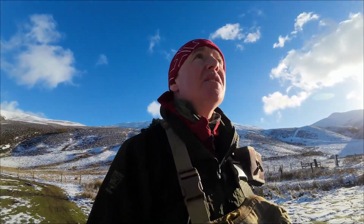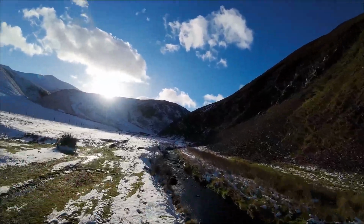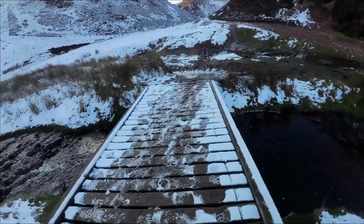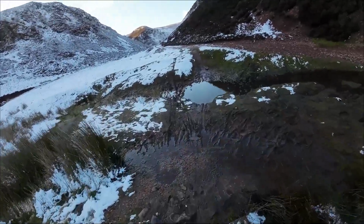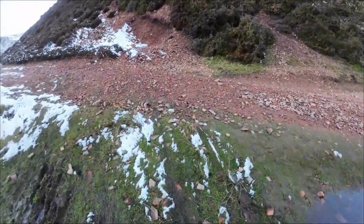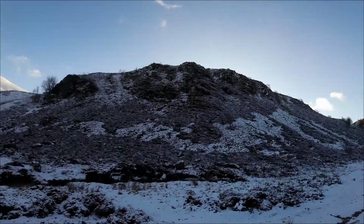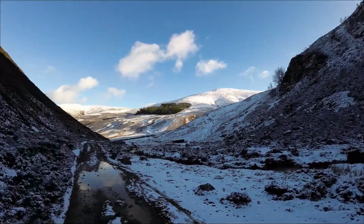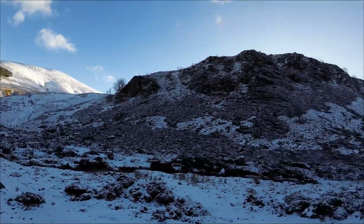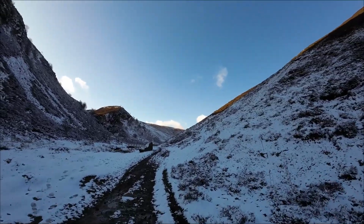A bit tricky coming down that last part. It was starting to get slidey. There's only a thin skin of snow, so it was pretty tricky coming down there. Like this wee cloak here, a bit of character about it. Doesn't trap the sun, but